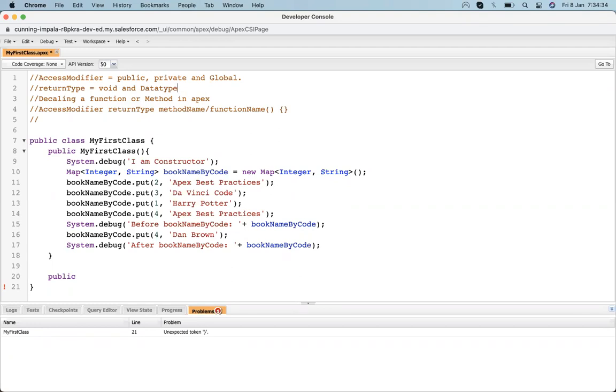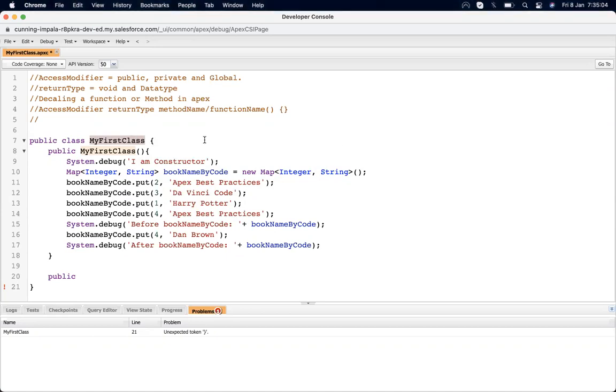No, a little bit different. If we declare as private, it cannot be accessed by any other class. Suppose I create a class, this is class one, and then I create a new class as my second class. The difference between public and global: my second class can access the methods of my first class if it is public, and it will also access the methods of a global class.